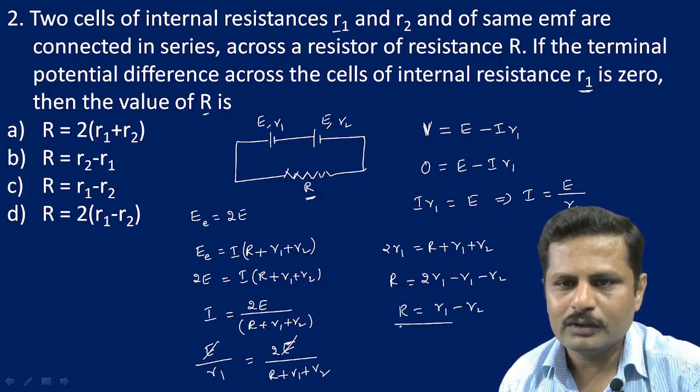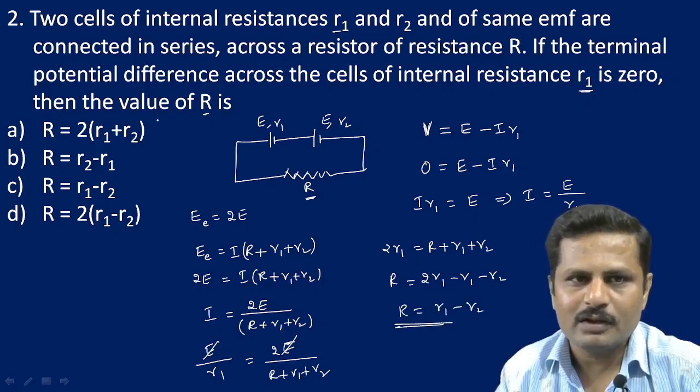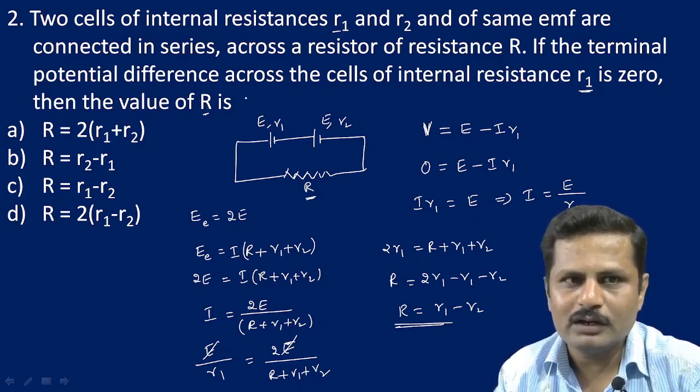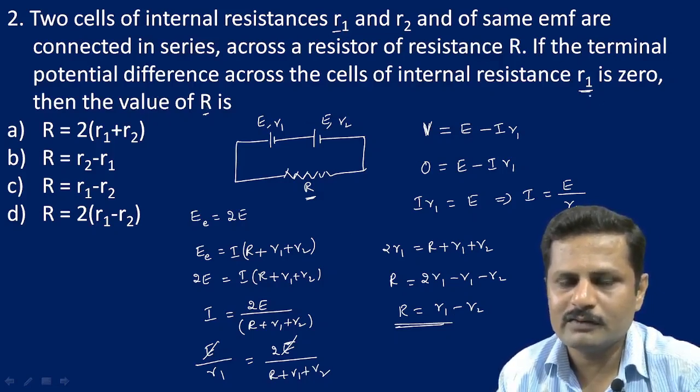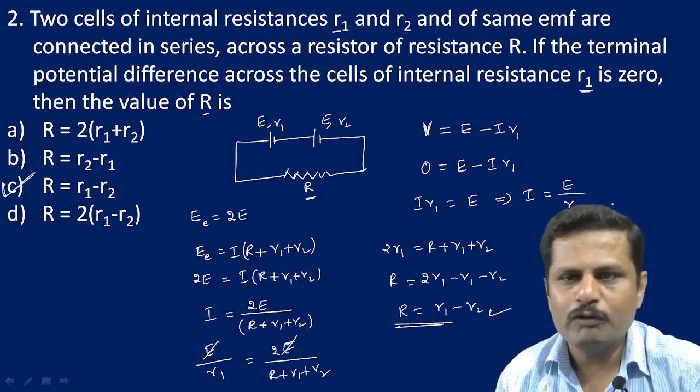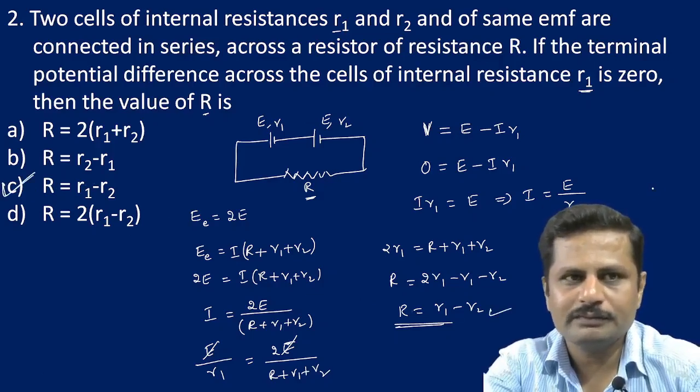So the resistance, the value of R is equal to R1 minus R2 when the terminal potential difference across the cell of internal resistance R1 is equal to 0. So option C, R1 minus R2, is the right answer. Moving to the next question,